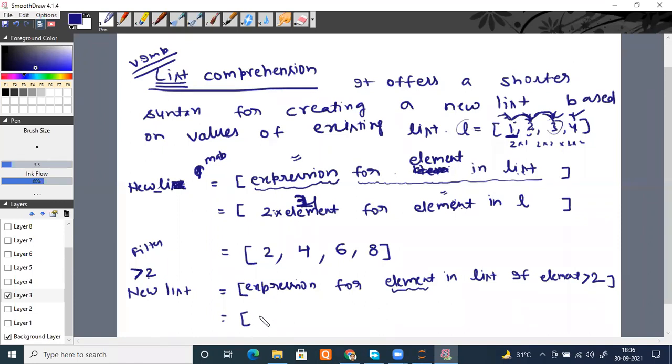So what should I write here? Tell me. What expression do you want here? You want some modification or you want the element to be as it is? 2 plus element? No, absolutely wrong. Please understand that syntax and you will understand. This will be the same. Any doubt in this? No change will be there. You will just copy for element in list. What is the name of the list? L, right? If